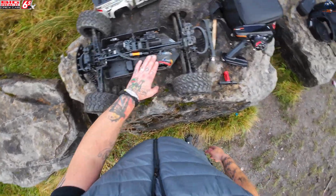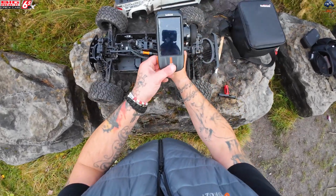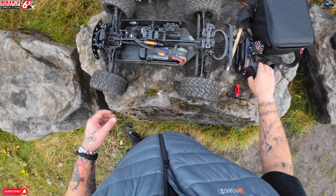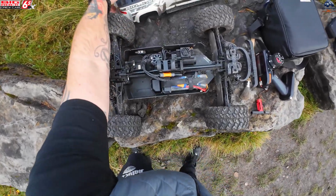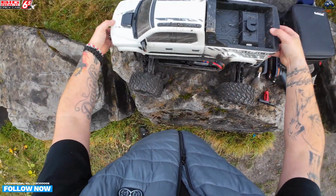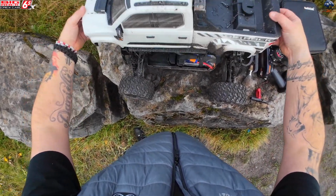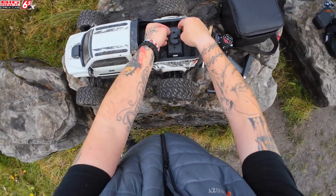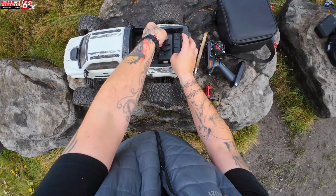You've got a fresh battery pack in here now. Let's turn the handset back on. So the handset's on. There you go, 6S on. I'm very, very, very happy with this so far. The first run,